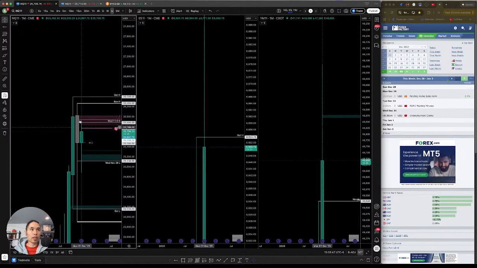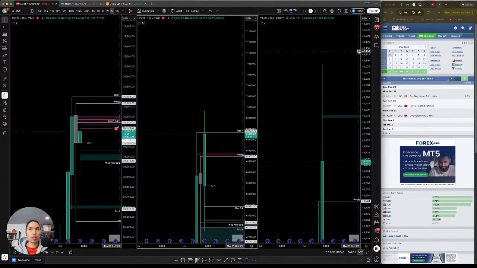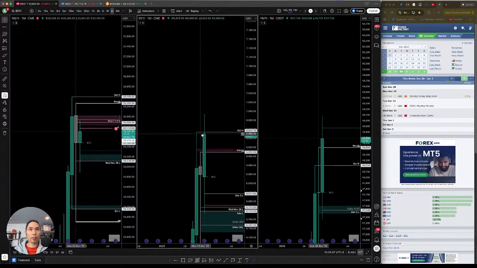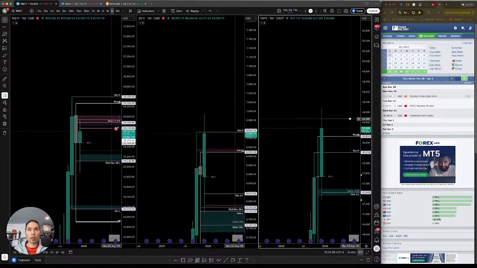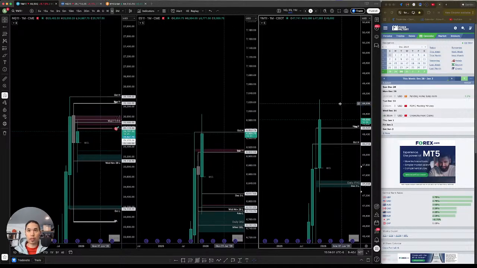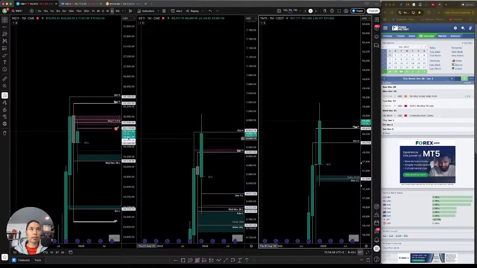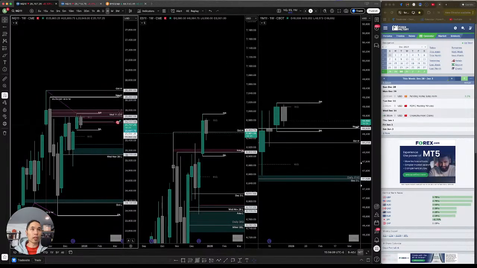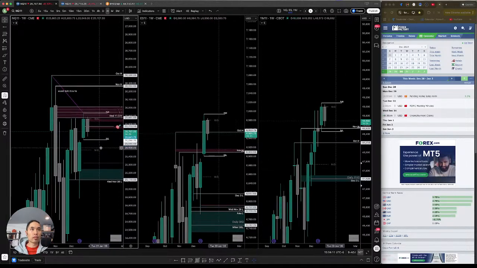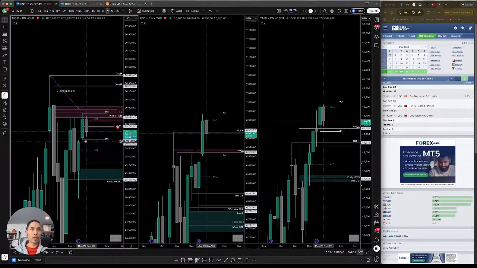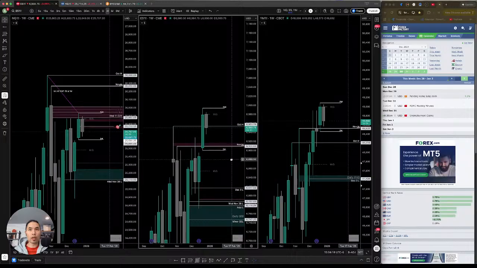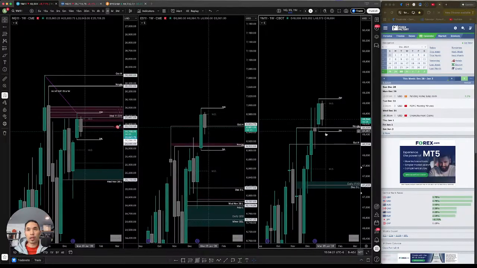Here's the monthly candle. We didn't take out any previous month, at least on NQ we didn't, but on ES and YM, we took out previous month high, November highs and October highs, which were my targets for this month. Those are my objectives, which got hit. And then on the weekly, probably going to close, I'm thinking previous week low, so that's a gap as well. I think previous week low is going to be the draw either this week or next week. This gap's going to get filled.